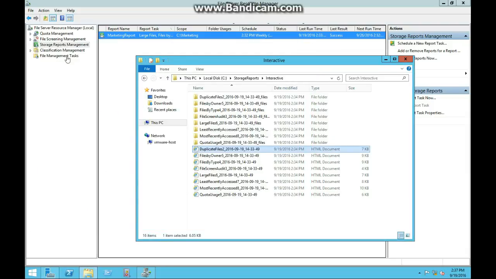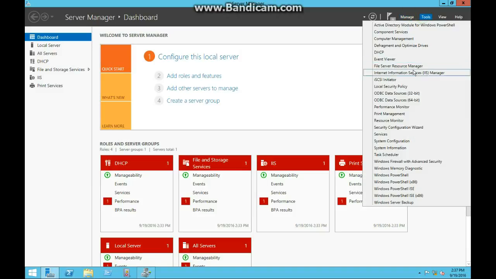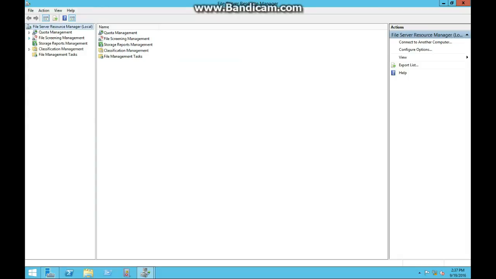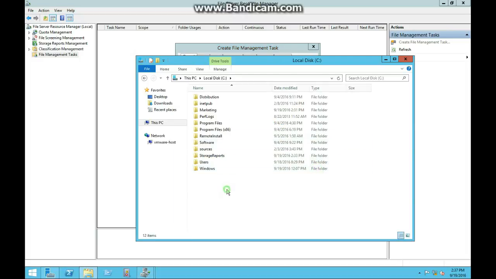We'll be creating a file management task. And for the file management task, we'll just be going to Server Manager, and then Tools, File Server Resource Manager, and be right-clicking File Management Task, Create File Management Task, and just going to name this Archive JPG files. Alright. Actually, let's hold off on that real quick. Let's go to the C drive, and we're going to be creating a folder, and I'll explain why in just a second. We'll be doing expired files for this,